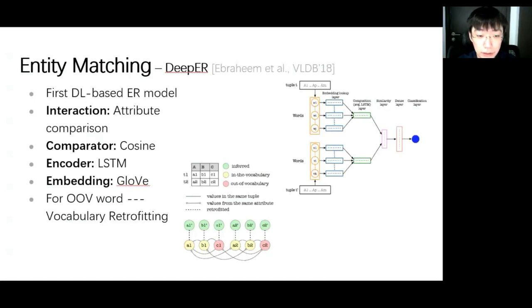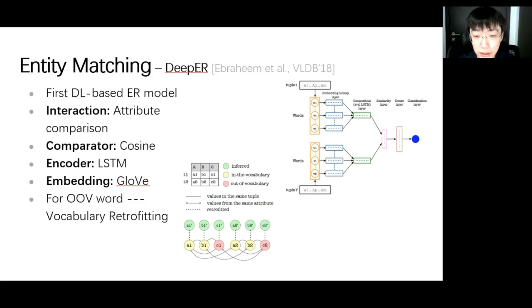So the trend of using deep learning as a backbone started from DeepER, published at VLDB 18. The model uses a representation-then-comparison strategy. It first employs an embedding lookup layer of GloVe to transfer the word sequence to an embedding sequence. Then it uses an LSTM model to aggregate the embeddings into one vector. Each attribute is computed separately with a simple cosine similarity,